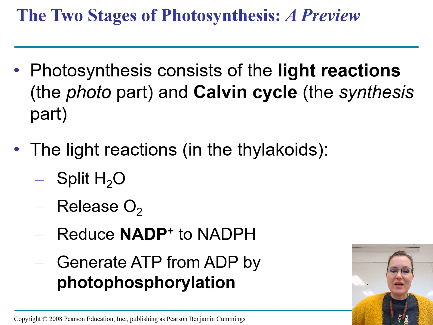And then the light reactions, the ones that must happen in the sunshine, because we need the sunshine to break apart the water. We take that water and we break it into hydrogen and oxygen. We get rid of the oxygen as a waste product, which, thank you, plants, because we need it. And then we take NADP+ and we pop that hydrogen on the end and it becomes NADPH.